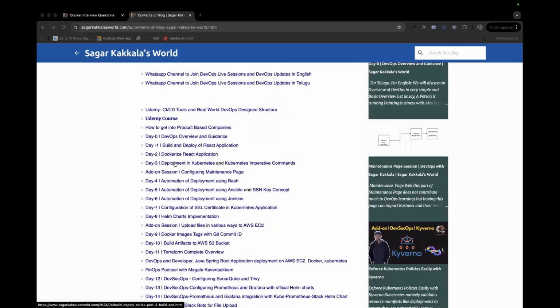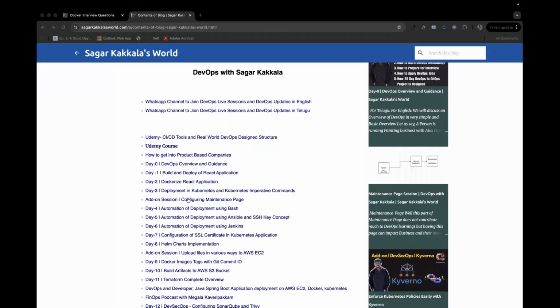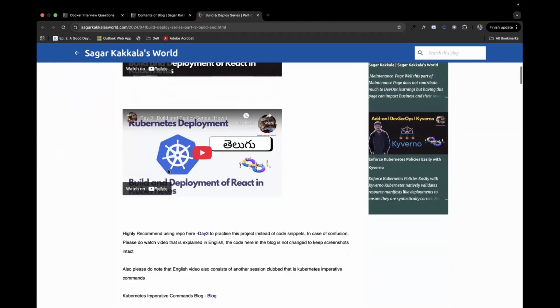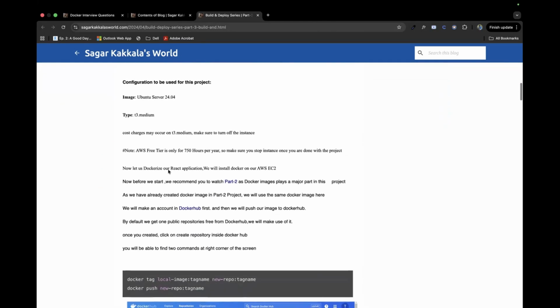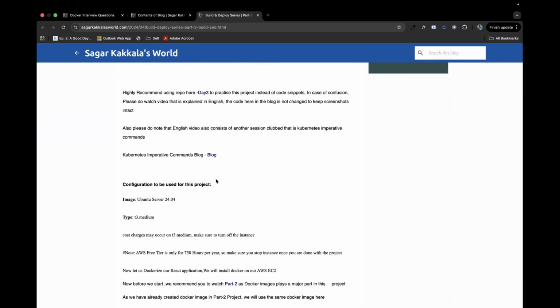Since this is just an overview, and I had already discussed Kubernetes in the DevOps to GitOps project, we'll just go there itself. I'm using the same blog to explain things. There we used something called MicroK8s, which is an alternative and a cost-effective version of Kubernetes, since that was a mini project.